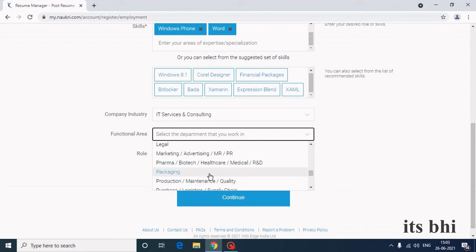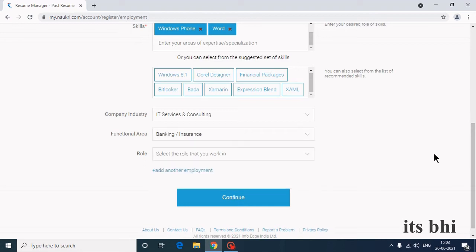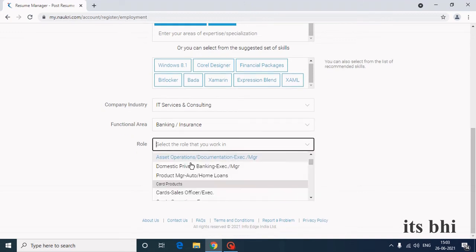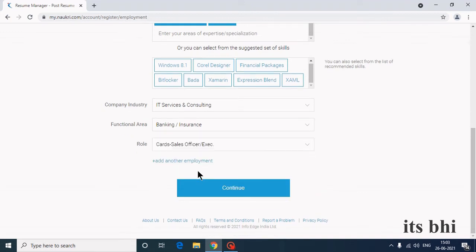It is better to select this option for your future career, because if your current job does not match any of these functional areas, you can select the functional area in which you are looking to work in future. Even for company industry, you can select accordingly, depending on your interest in future. Fine. So role. Okay, continue.